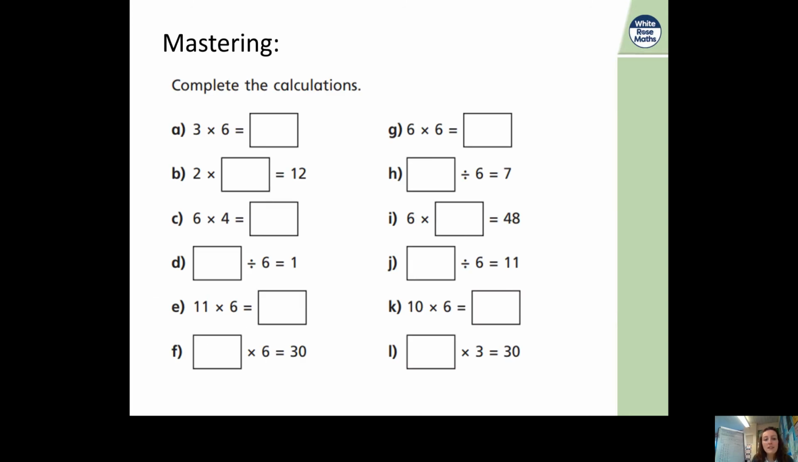Okay, so now it's over to you to have a go at some questions. If you are feeling confident, I'd like you to have a go at these mastering questions. And once you finish those mastering questions, there are some problem-solving questions on the same mastering sheet. Once you have finished those, I'd like you to have a go at the deepening questions. So a little bit more problem solving. There's 2 true or false questions to have a go at, and